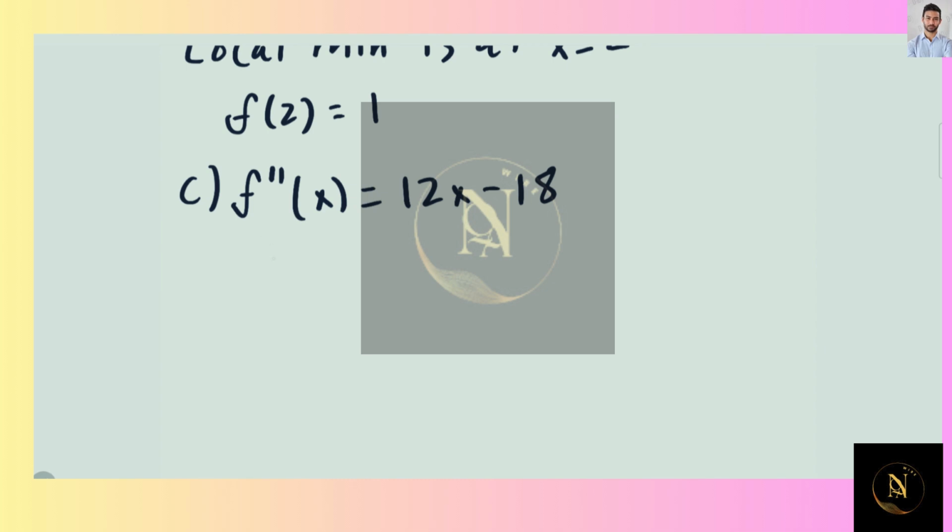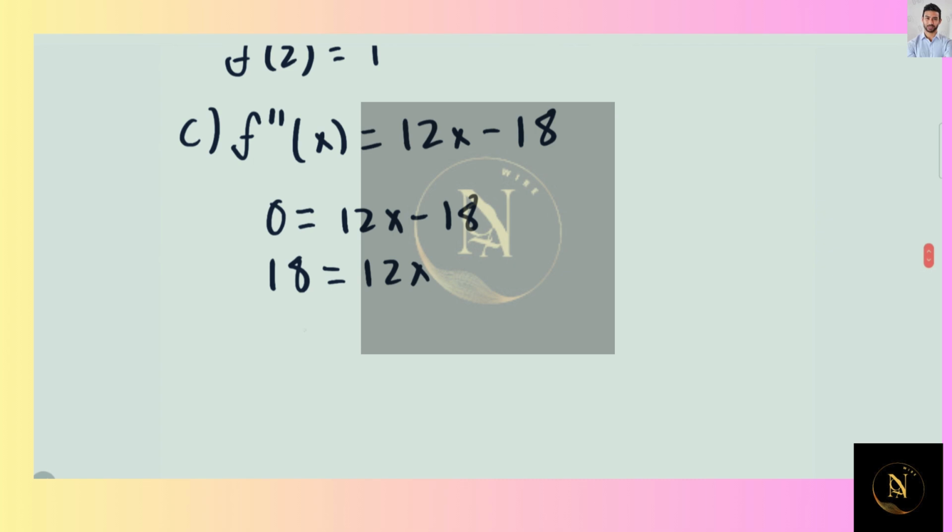And so now what we want to do is set this equal to 0. So 12x minus 18 is equal to 0. So 18 is equal to 12x, and x is equal to 18 over 12, which is equal to 3 over 2. So we know that the second derivative of our function is equal to 0 at x equals 3 over 2, and now we just have to make sure that this is actually an inflection